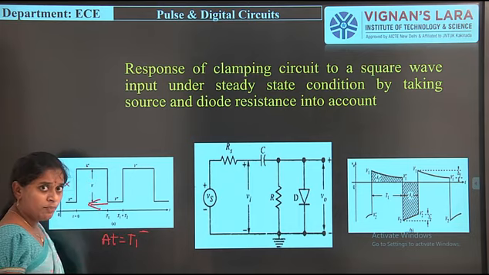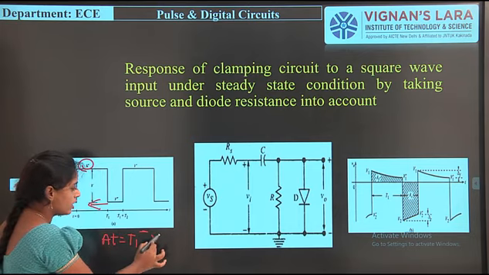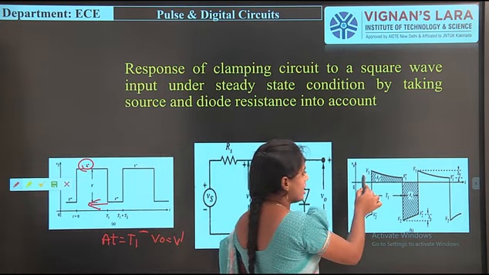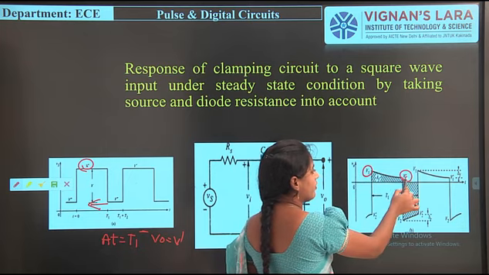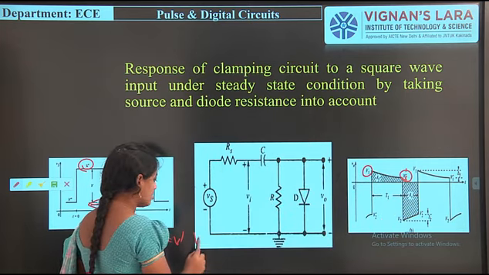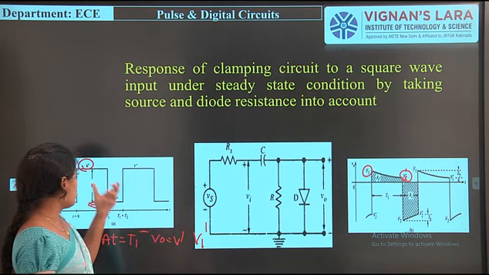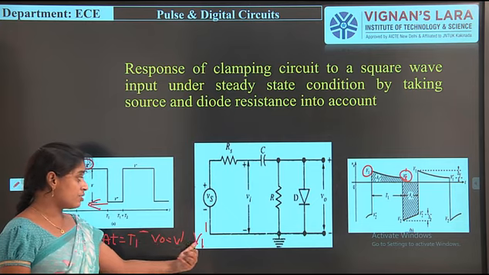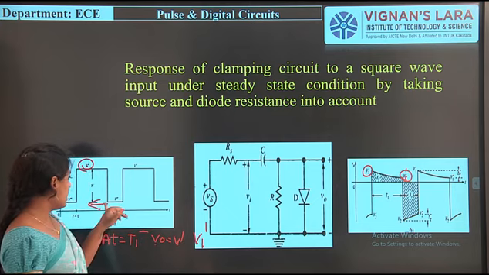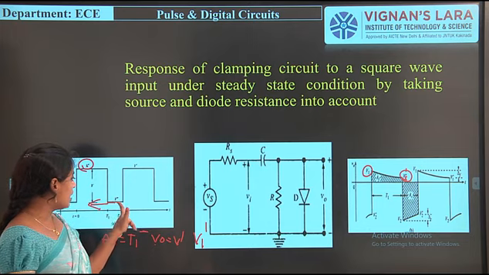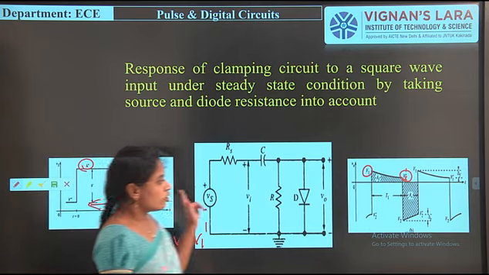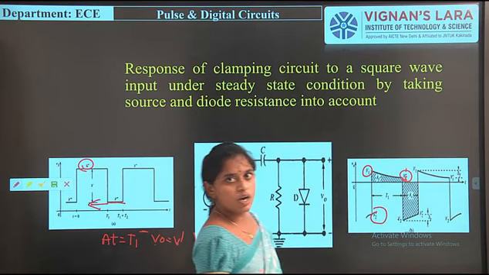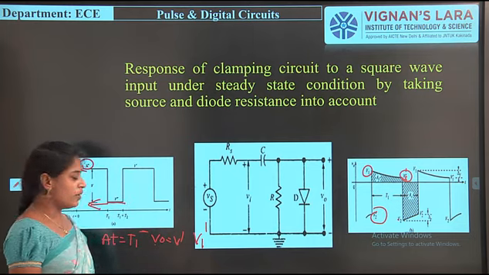What is the input waveform? The input is v naught equal to v dash, and what is the output? In the initial stage we consider v dash, here we consider v1 dash. So in this time also the diode is in on condition, just in place of v naught we substitute v1 dash. As usual, at t equal to t1 plus condition, the input will be v double dash and the output will be, in the initial stage we consider v2 dash, here we consider v2, and substitute the value. They are taken as equation number 4 and 5.